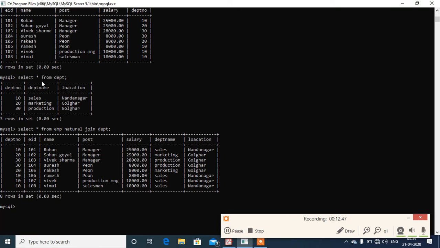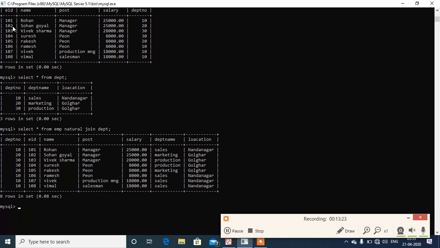Now look closely at it. The first entry in the EMP table is 101 Rohan manager salary, and its department number is 10. So it is displayed here: 10, 101, Rohan, manager, salary. Department number 10 in the DEPT table belongs to sales and its location is Nandanagar. So here it is displayed that this employee belongs to sales and its location is Nandanagar.